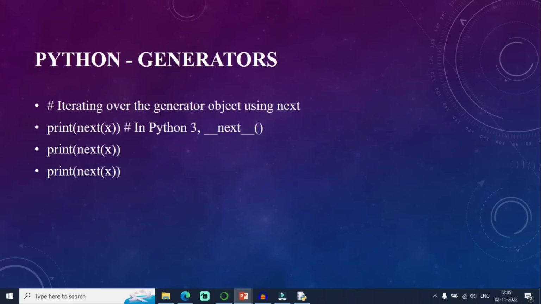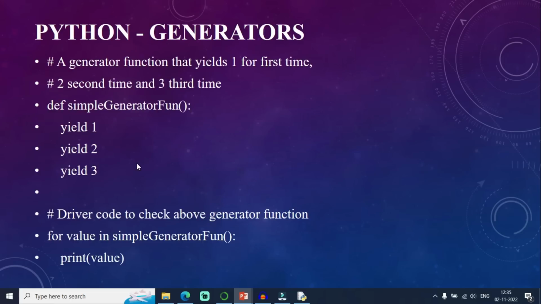You can see here, whenever I call the next method, in the first case this is a simple generator. Why do we have to go for generators? What is the main purpose? Whenever I want to generate some sequence and I don't know the ending iteration or ending stream value, I can go for generators. I can just call the next function and yield some values.